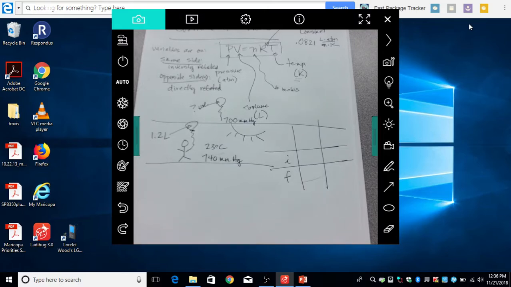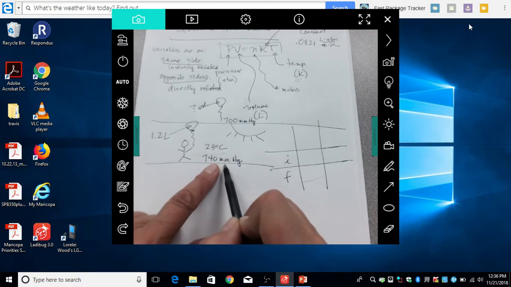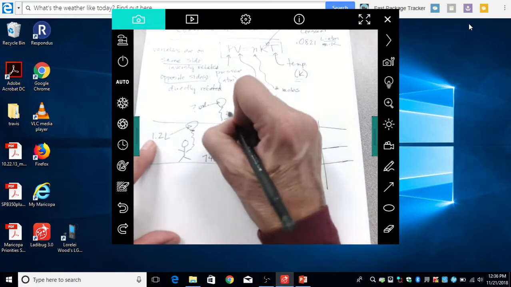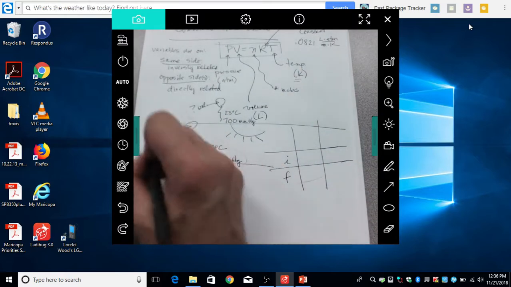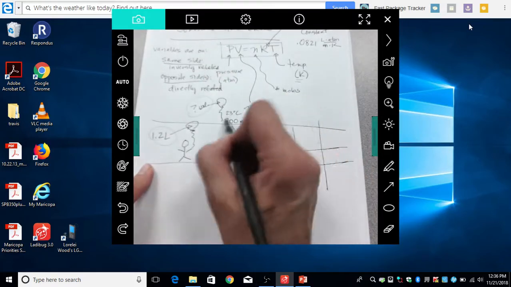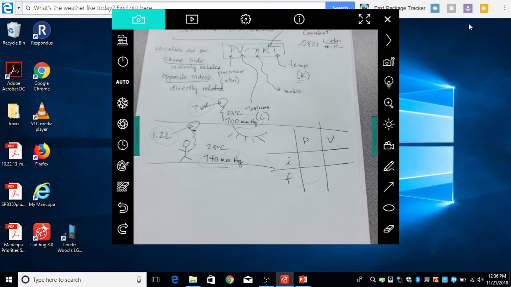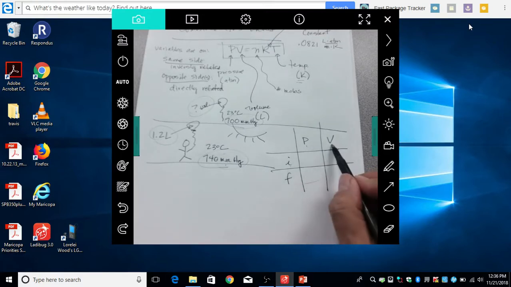Draw pictures with stuff. So in this case, we're dealing with pressure and volume, because remember the temperature stayed the same. So it's 23 degrees up here. It didn't change. So the variables that we're worried about are the pressure and the volume that are going to be affecting each other. So pressure and volume, I want to keep track of them so that when I'm setting up my problems, I can do that. So I have initial and final values for both pressure and volume.